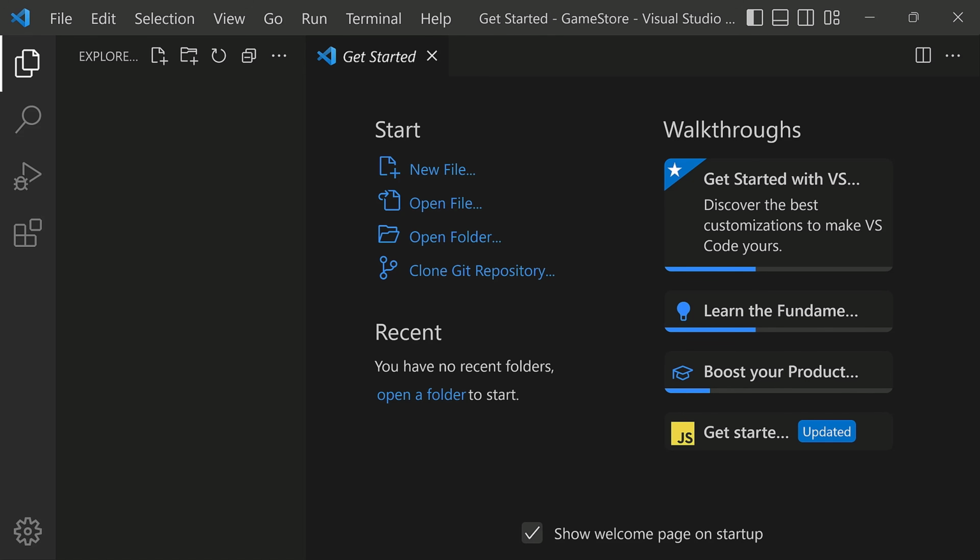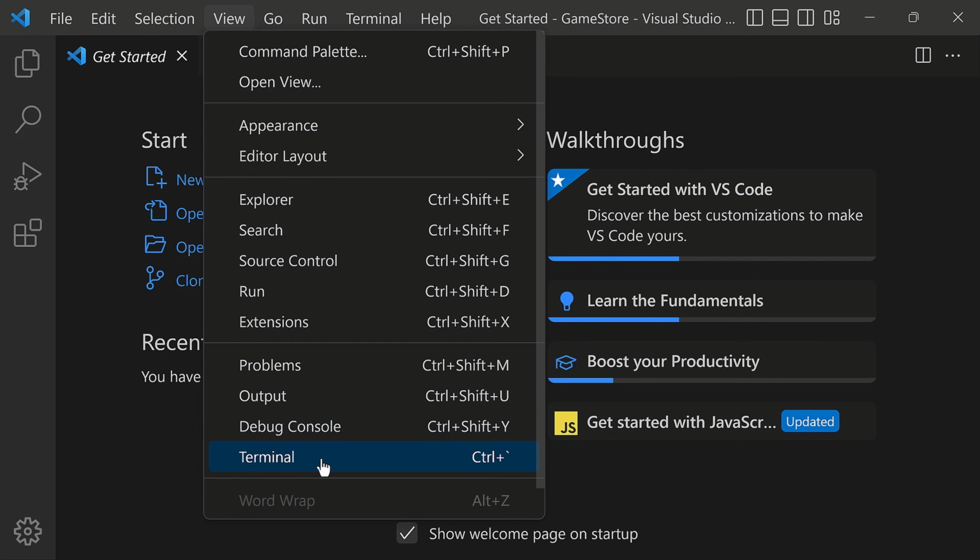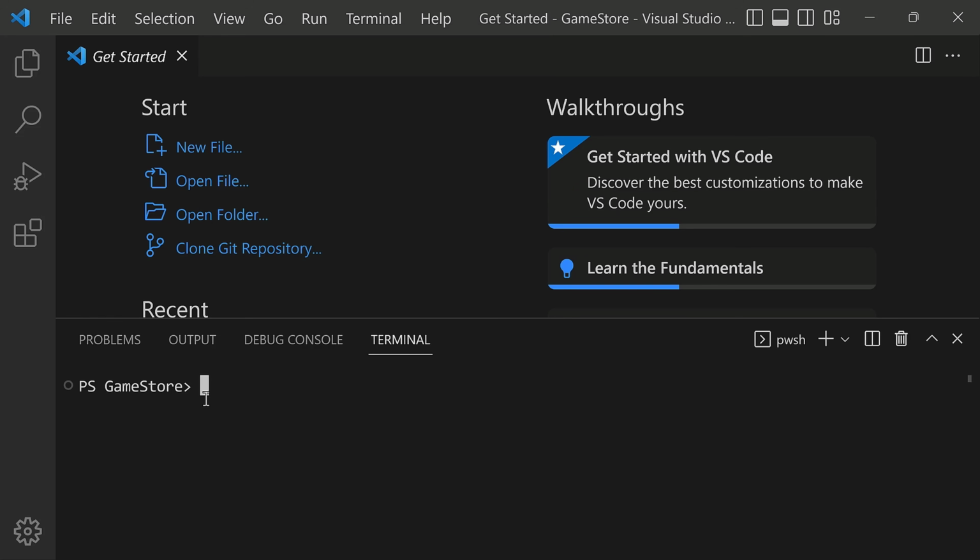And what we want to do now is create our Blazor client using the .NET CLI. In order to do that, we're going to be using the integrated terminal of Visual Studio Code. So for that, let me first collapse this pane over here. To open the terminal, you can go into View and then Terminal. That's going to open the terminal in the context of the folder where we are right now, which is